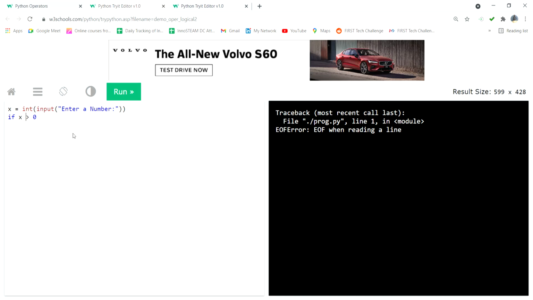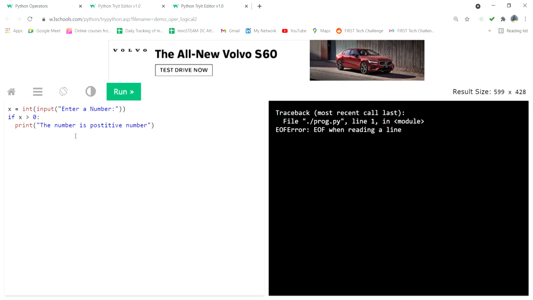What is the condition? All the values greater than 0, the values are all positive. If the value is below 0, all those values are negative. So if x is greater than 0, then I put the activity: print, with indentation, the number is positive number.